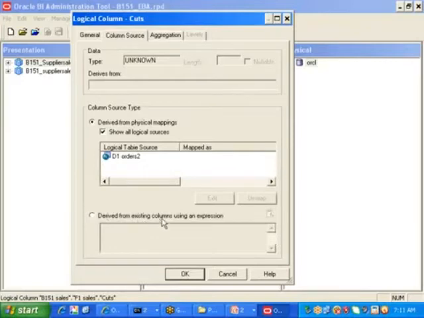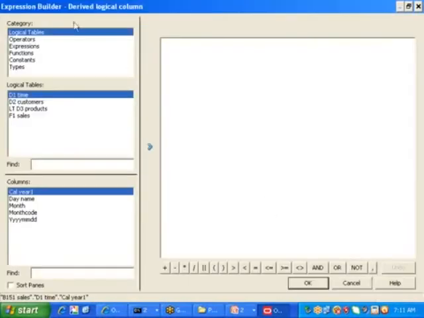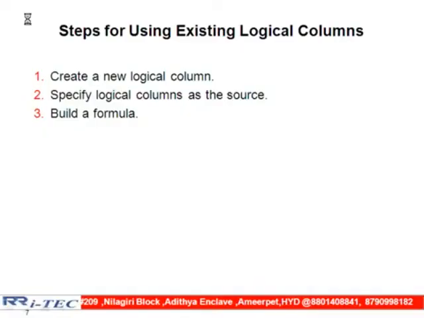Derived from existing columns using an expression. Select this radio button. Here I have one button, that button is called what, sir? Expression Builder. That means throughout our RPD, anywhere you want to do any calculation, one window will appear. That window is called what, sir? Expression Builder. That is the reason I gave this point here.